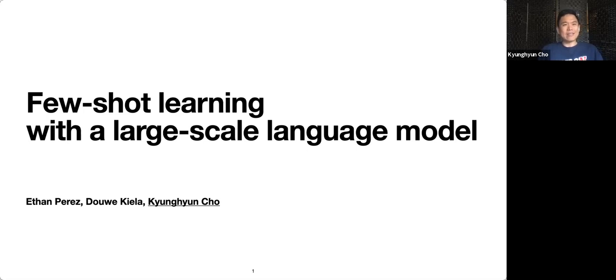This is nothing too exciting nor too groundbreaking, but this was a work where we spent quite a lot of time, let's say a month, trying to figure out what has excited so many people, including myself, about few-shot learning with a large-scale language model that was sparked by the recent work on GPT-3 from OpenAI. So let's see what I can tell you, and see if there's anything you might get out of this.